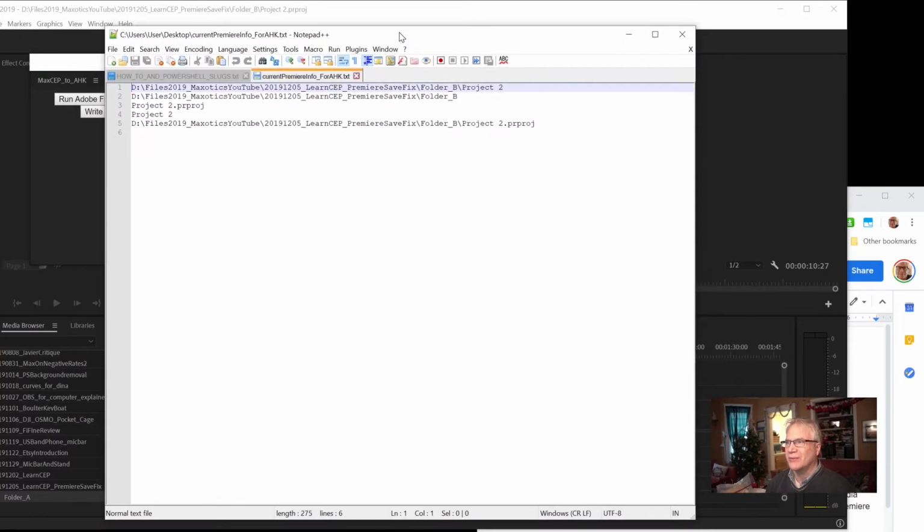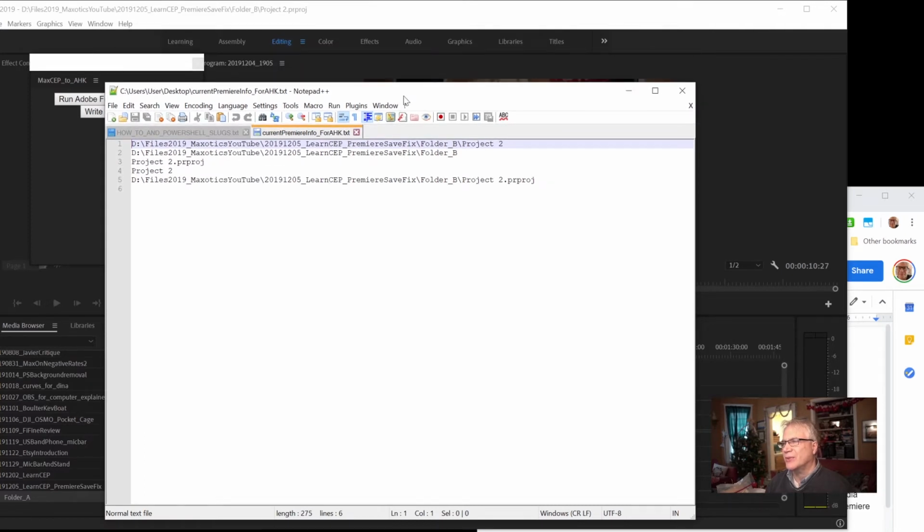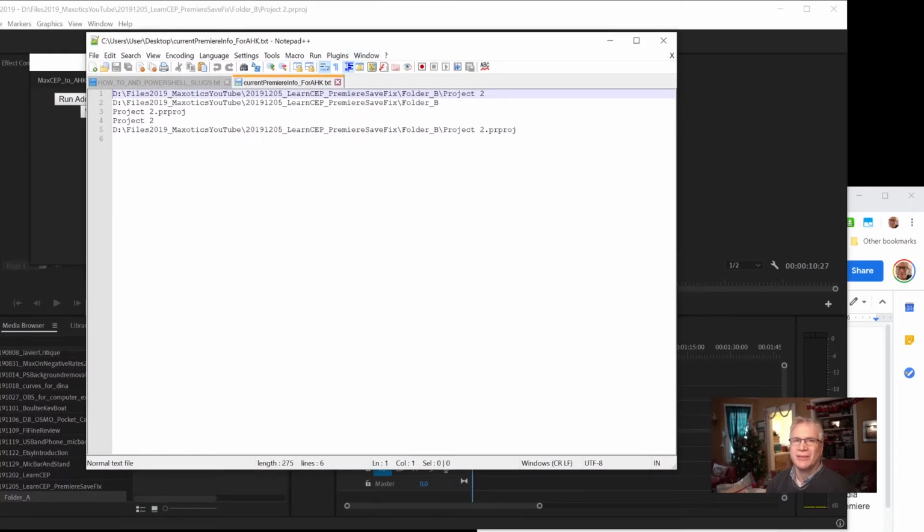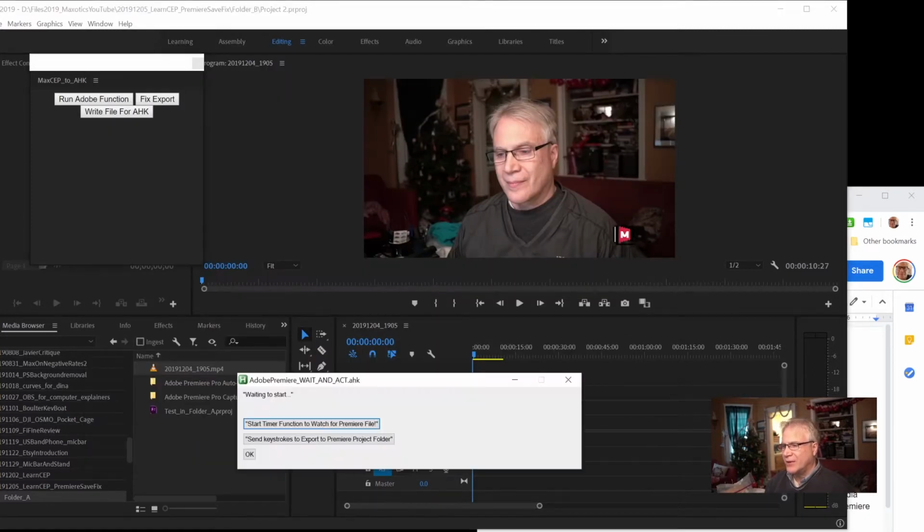Obviously, there are much better ways of doing this. I mean, you could use sessions, HTTP, but for now, this is the most convenient. And it puts the name of the current project's folder, and some various other stuff, in a text file. Then I have another